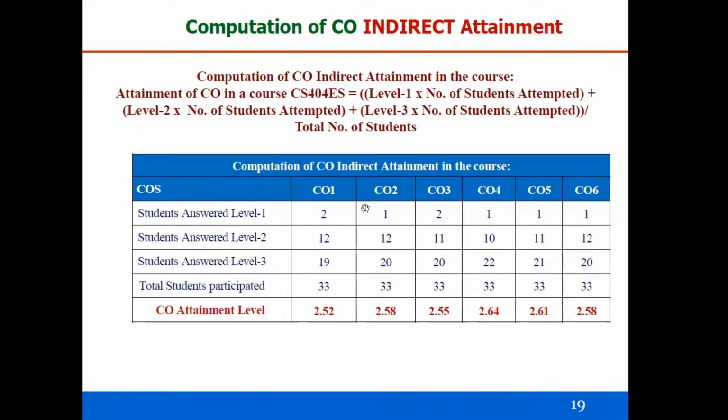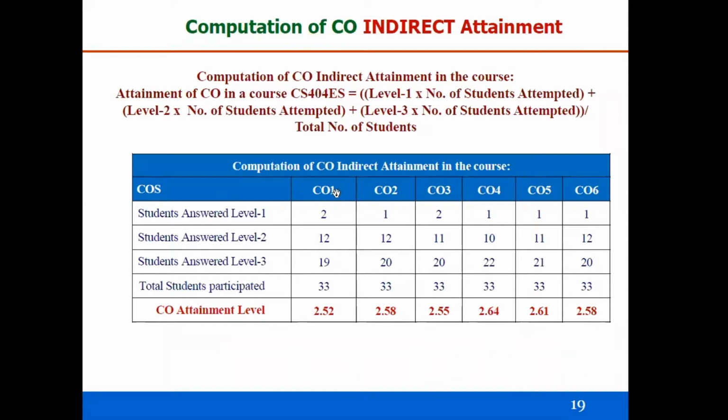Okay, so like that. So from the Excel sheet, the responses taken from the students, we have filtered and taken this count based on the level 1, 2, 3. Then total students participated. So out of 49 or 40, so 30 students participated. That's why if more students participated, you will get a higher value. So now how to calculate by substituting these values in the above formula.